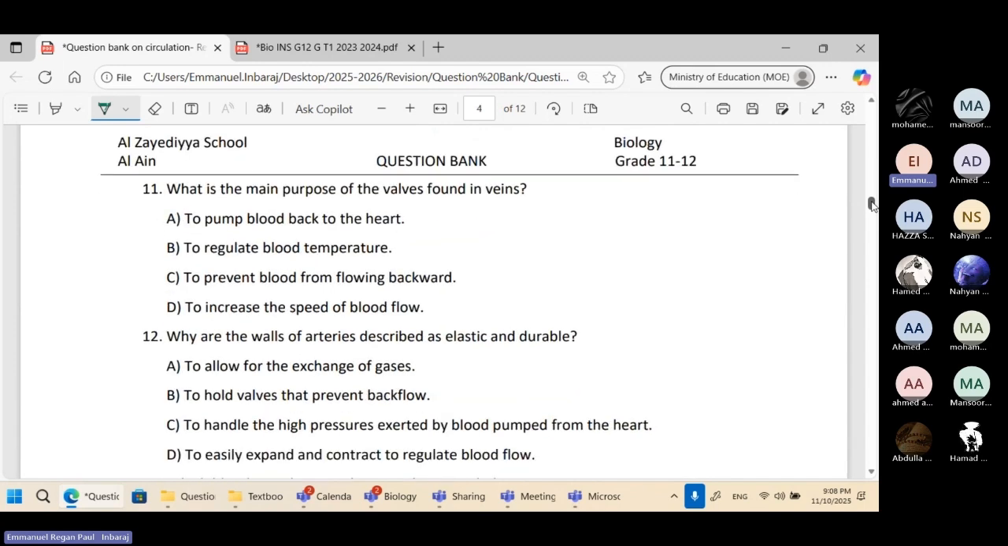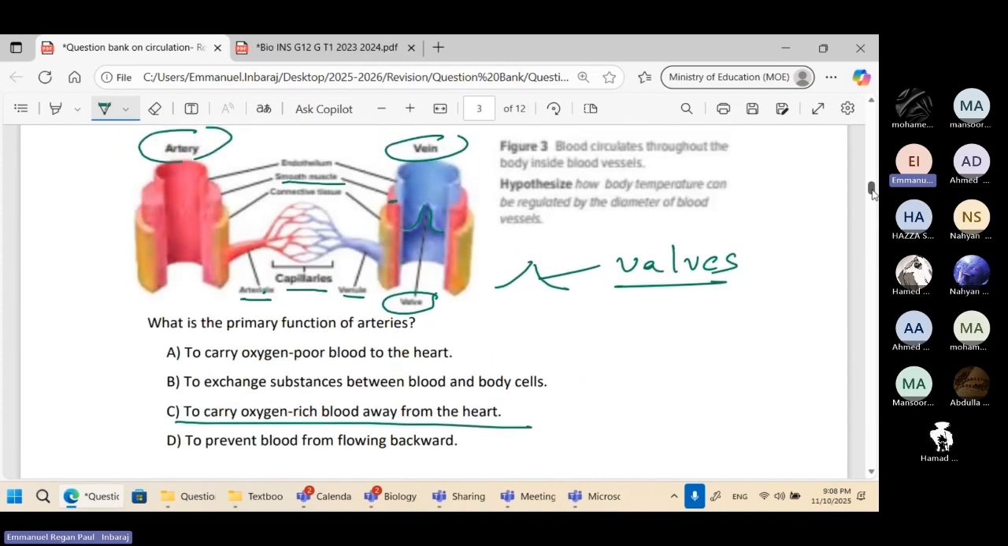What is the purpose of valves found in the vein? What is the function of valve? C. See, always remember the valve. Why are there valves? It will prevent the blood from flowing backward. So what is the meaning here? Look, go here to this picture. You see, in this,